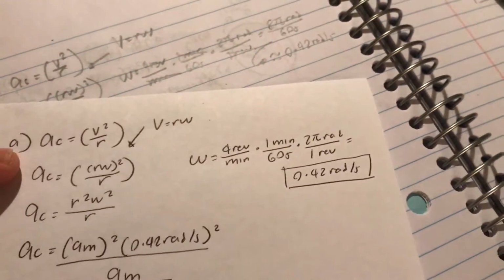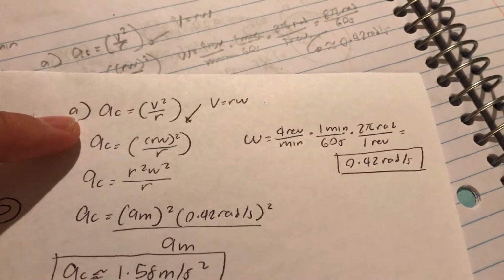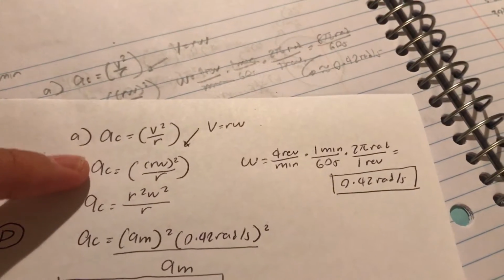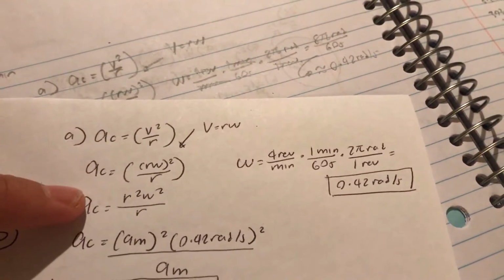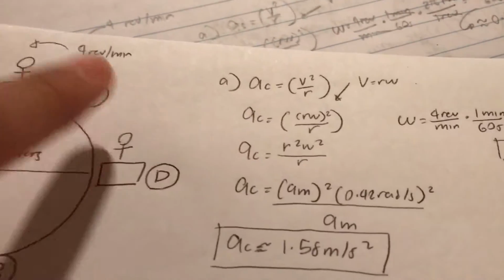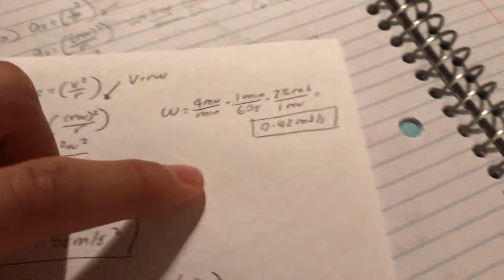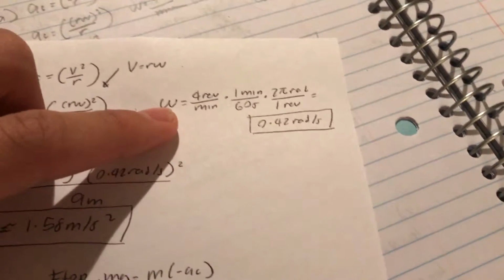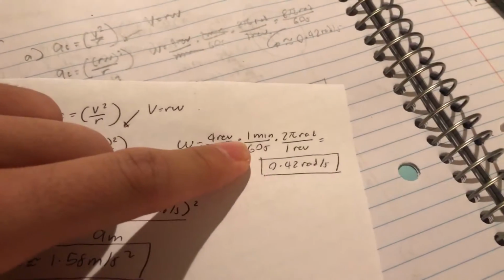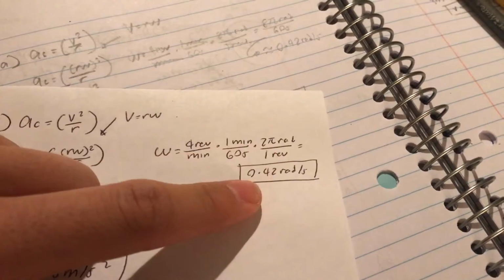v squared over r. And then we know that the formula for v equals r omega. So we can substitute v with r omega, and here I just distributed the square, and I changed this into our desired format by making this radians per second. As you can see, right now it's revolutions per minute. I just multiplied 1 minute in 60 seconds and 2 pi radians in 1 revolution, and I got 0.42 radians